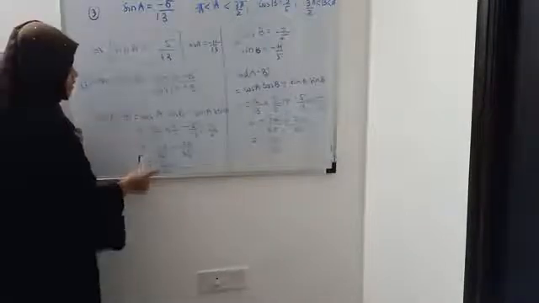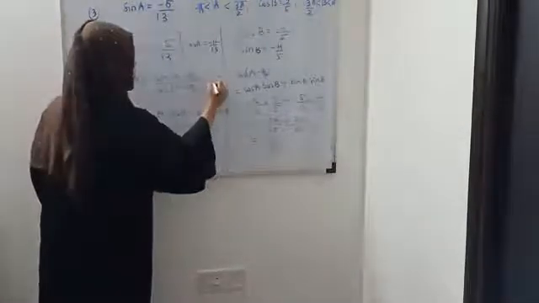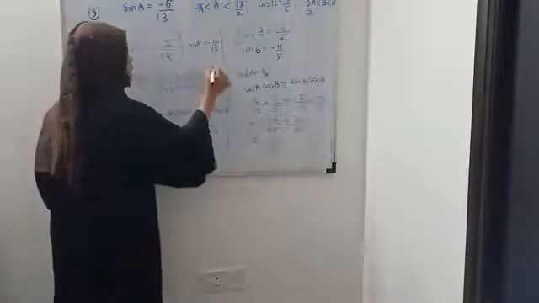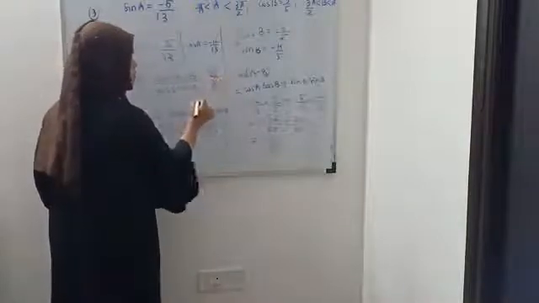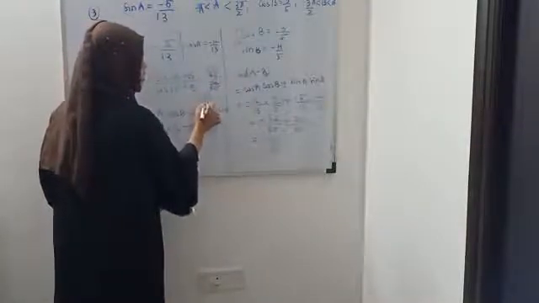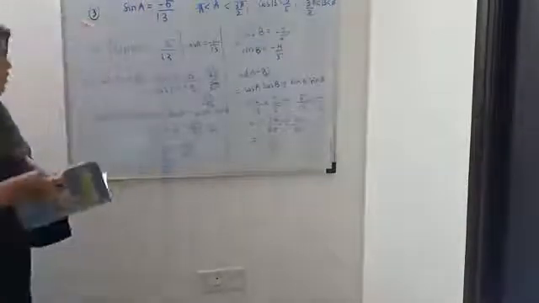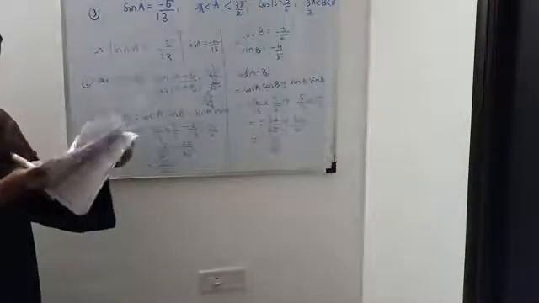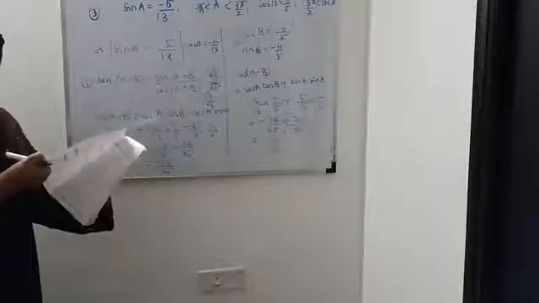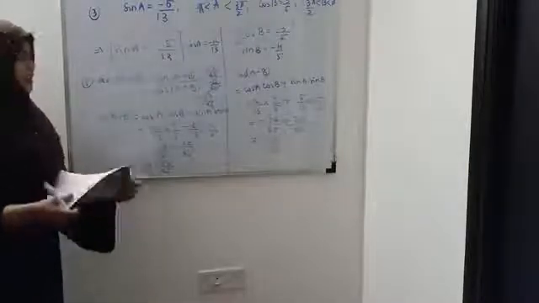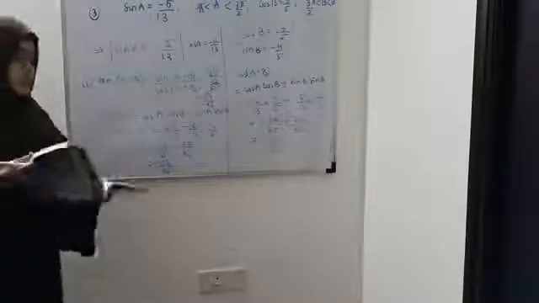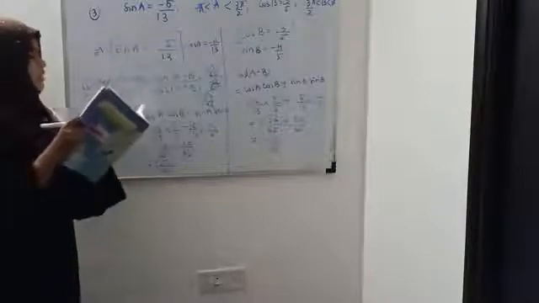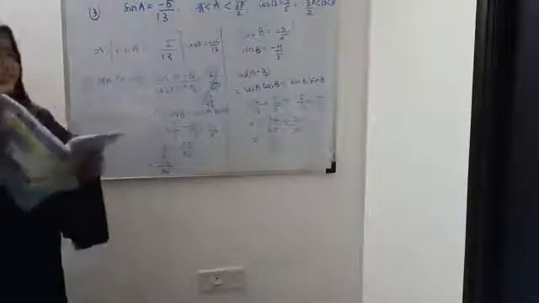So the value of cos (A plus B) is minus 56 upon 65. And the value of sin (A plus B), the first answer, was 33 upon 65. So 65 and 65 will get cancelled. The answer will be minus 33 upon 56. So this is the value of tan (A plus B). Minus 33 upon 56. Yes. So this is about exercise 3.1. The fourth one is the same problem. Just go through it and try to solve it.